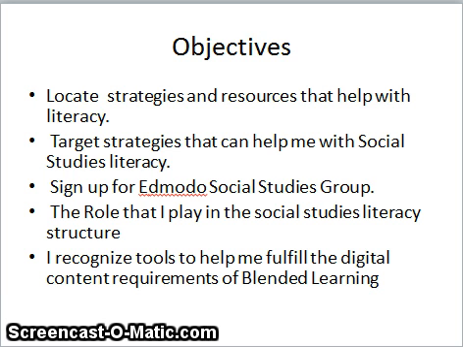Hopefully today we can sign up for Edmodo. We can create a PLC so it'll be a one-stop shop where we can put all our resources, files, websites, documents, all in one place to share with everybody that comes through today. Also,